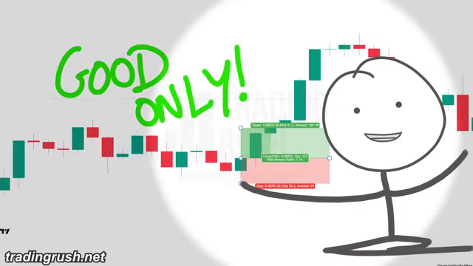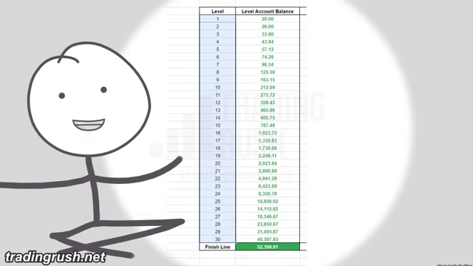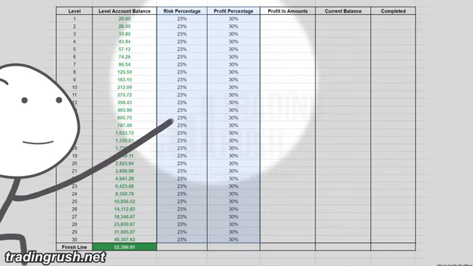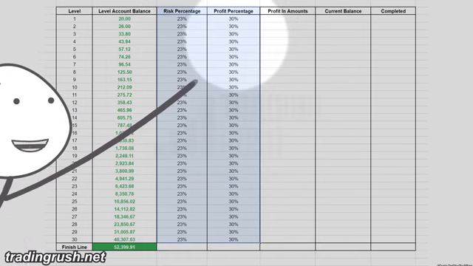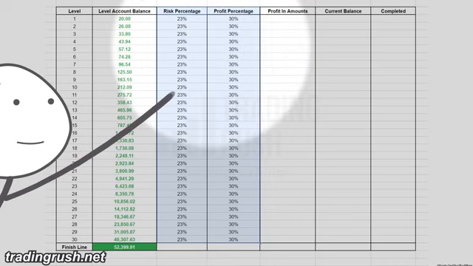If there are no good setups in a day, I can skip that day. Now I don't even have to win 30 trades or days in a row. I can lose a few trades and still complete the challenge. I kept the reward-risk ratio and the risk percentage the same. In other words, profit per trade is 30% of the account, and risk is 23%, which is a 1.3 to 1